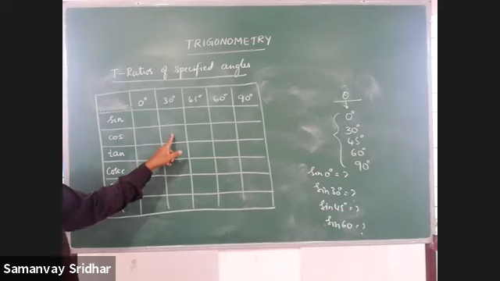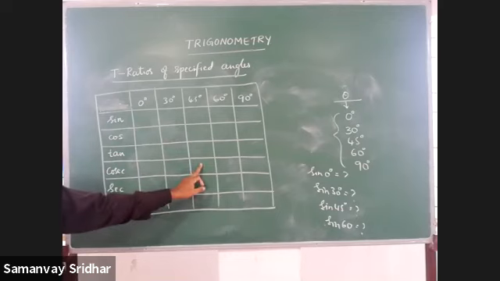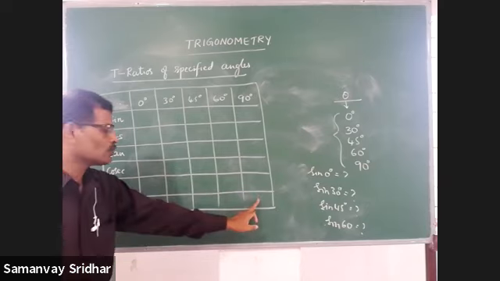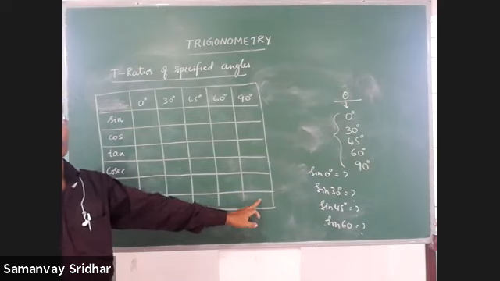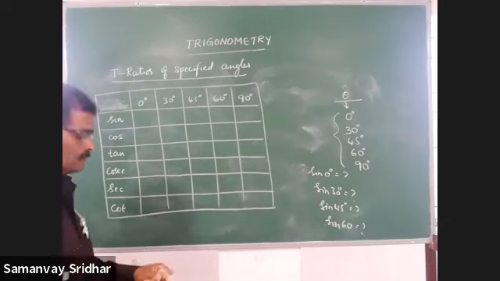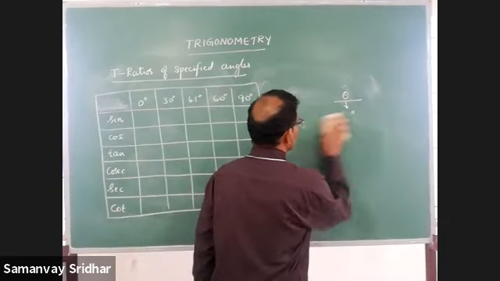It is the place to write the value of cos 30 degree. It is the place to write the value of cosec 45 degree. It is cos 0 degree. It is the place to write the value of cos 90 degree. Okay. Yes, one by one we can see now.